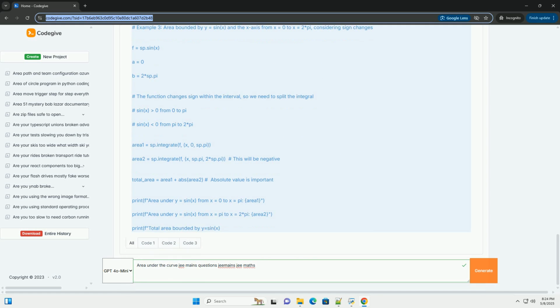Problem 2, GMain 2019. The area, in square units, of the region bounded by the curves y² equals 2x and y equals x is: A, 4/3, B, 1, C, 2/3, D, 1/3. Solution. Step 1, sketch the region. Sketch y² equals 2x, a parabola opening to